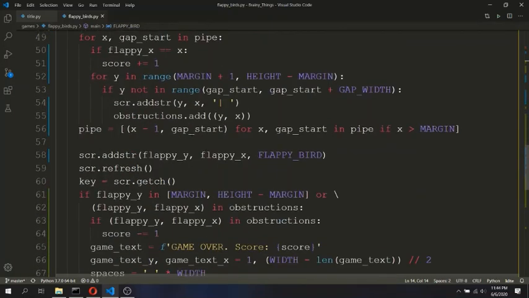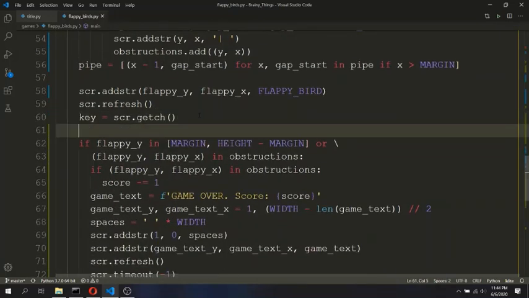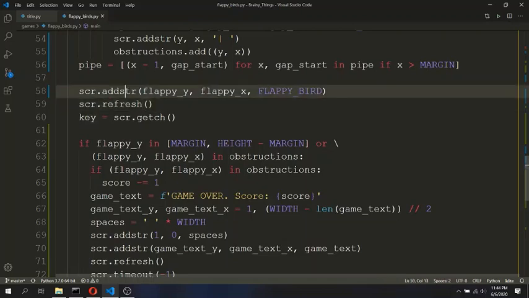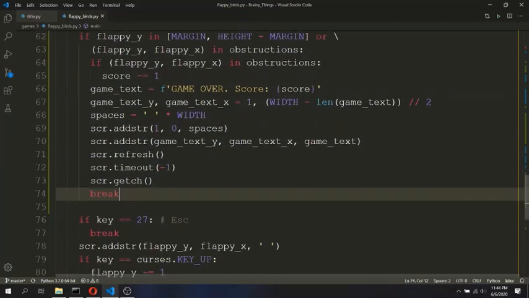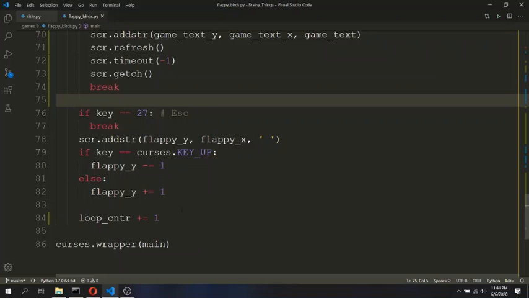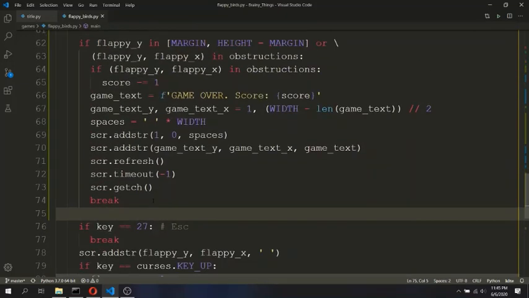Instructions. I'm adding line spaces between logical sections of this game. Like this is the rendering of the Flappy Bird and this is the game mode conditions. So we need to separate these sections of code by using some line spaces. And now I think that the code is looking good.